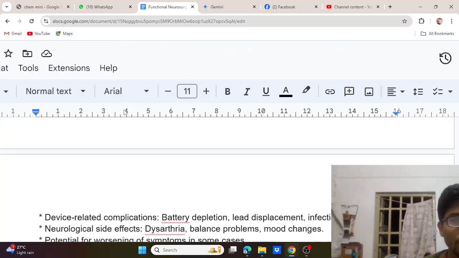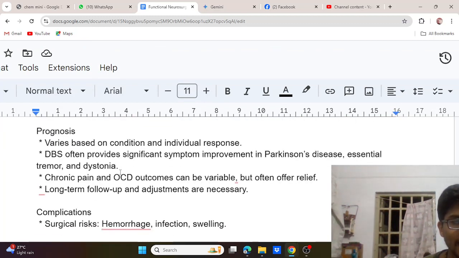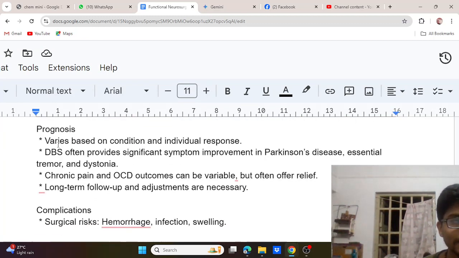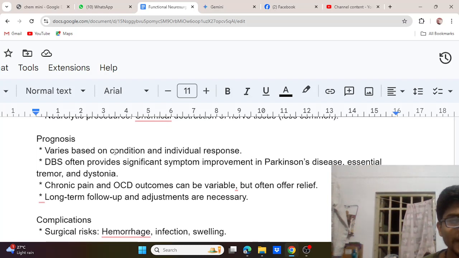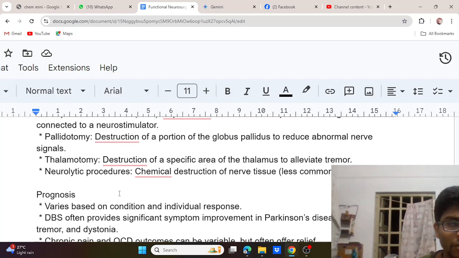So this was all about complications, and now prognosis. It varies based on condition and individual responses. DBS, deep brain stimulation, provides significant improvement for Parkinson's, tremors, and dystonia. Chronic pain and OCD have a variable outcome, and long-term follow-up and adjustments are necessary. So this was about the prognosis,